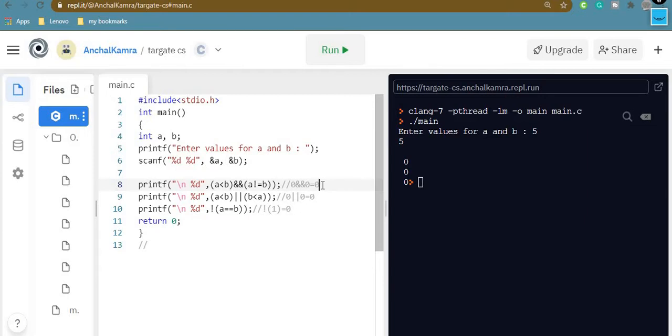These were the logical operators. Now you can use these logical operators in case of if block as a condition. We haven't discussed loops yet, but you can use these in the conditions of for loop or while loop, right?